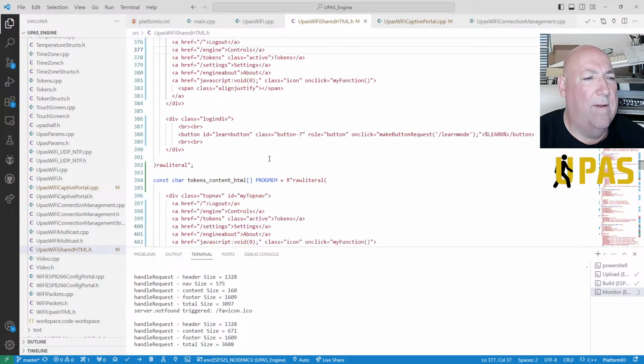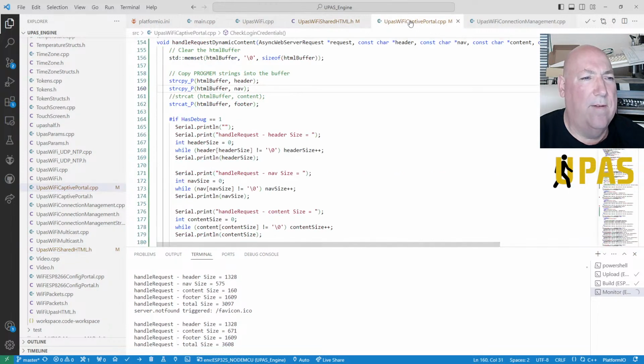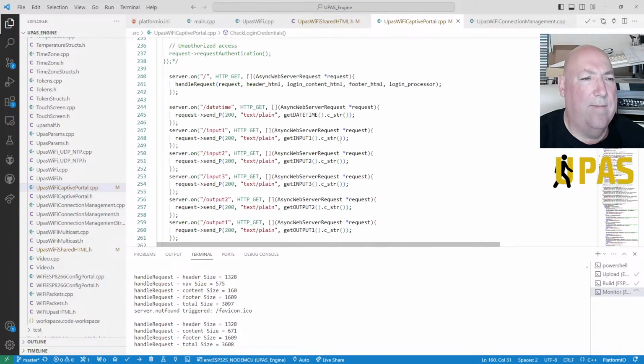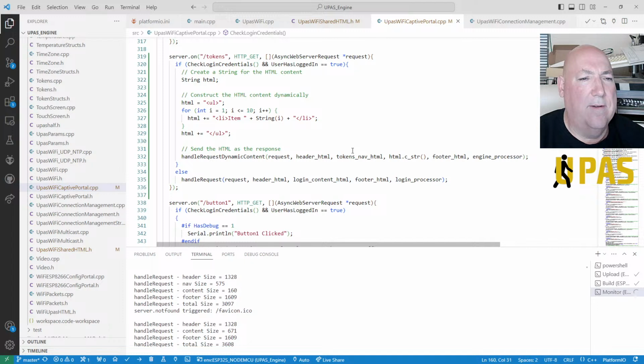That's a weird one. So our tokens nav HTML is going into it. Right, so tokens nav, it's got the header. For some reason it's wiping out the header. Strange.